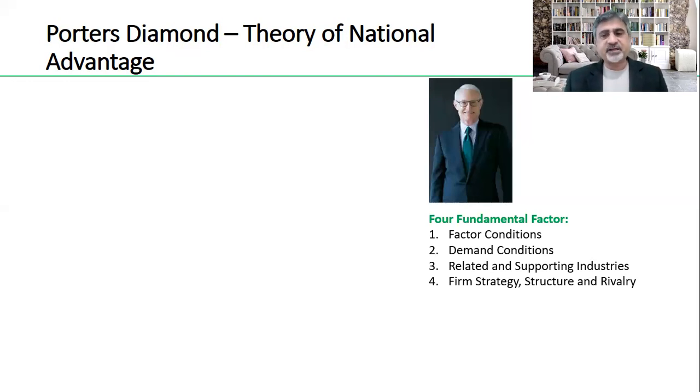When you have those factors available in your country, which are in abundance, which are of high quality, or which are available at a cheap cost or price, that puts a country in an advantageous position to produce that particular good. For example, some countries are rich with metals. They extract a lot of metals. Some countries are rich with oil. Some countries are rich with very fertile land, so it gives them some benefit over other countries when it comes to agriculture. So factor conditions are the available conditions within the local environment. Why do we need it actually?